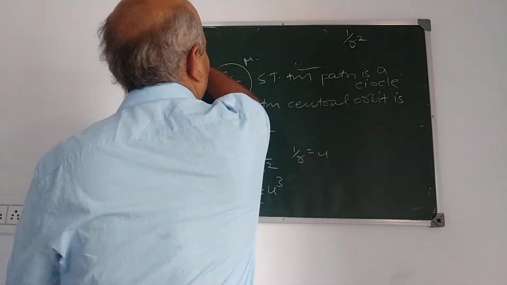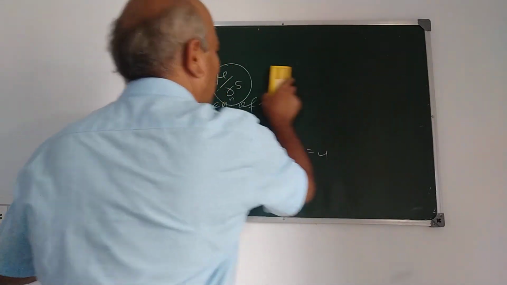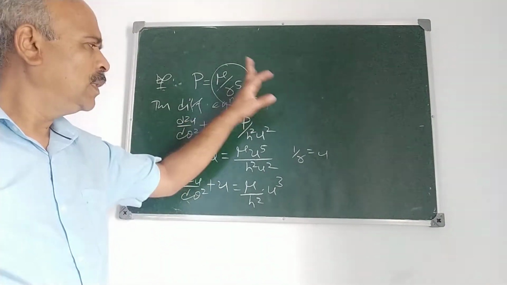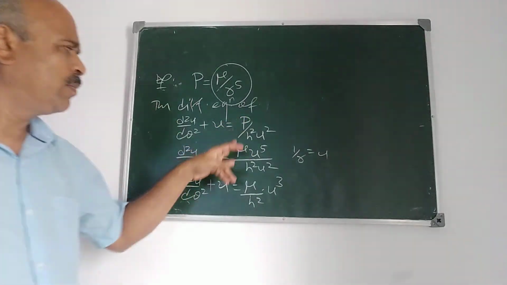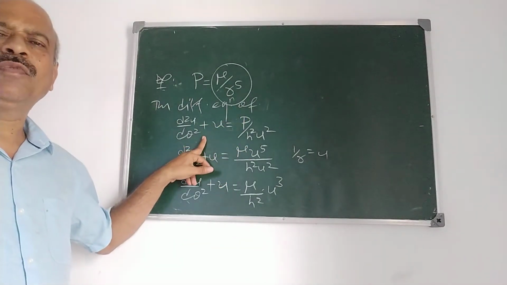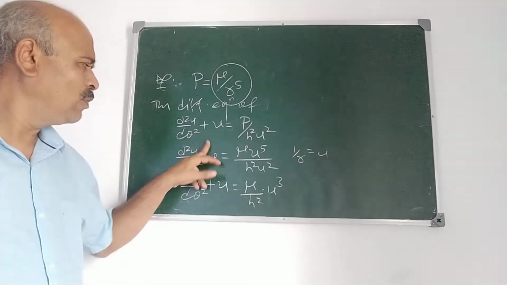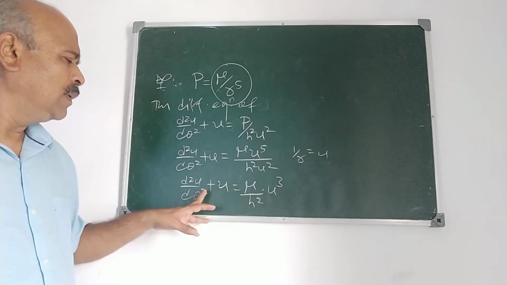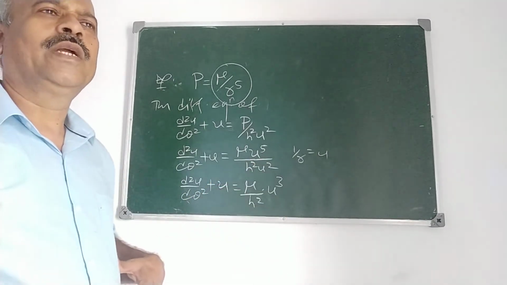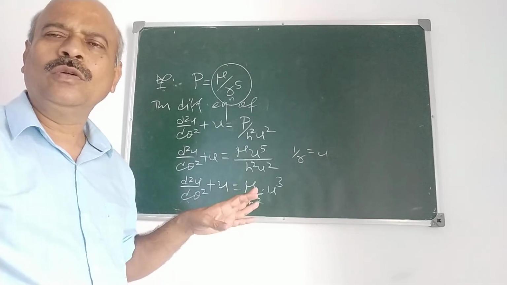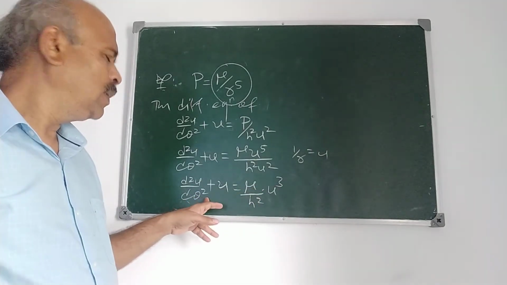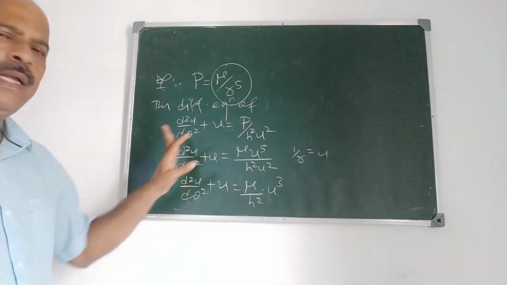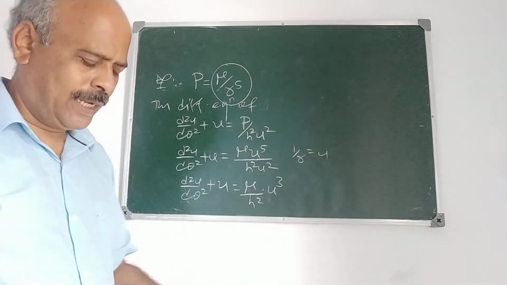This is the first step. What is the problem? The law of force is given by mu by r raised to 5, and we have to find the equation for the central orbit, and we proceed like this. It is the differential equation of the central orbit in polar form, and substituting the value of p we get this. Now, this is a differential equation. To get the expression in r and theta, what do you have to do? You have to integrate, because the reverse process of differentiation is integration. We have to integrate and obtain the expression in r and theta.